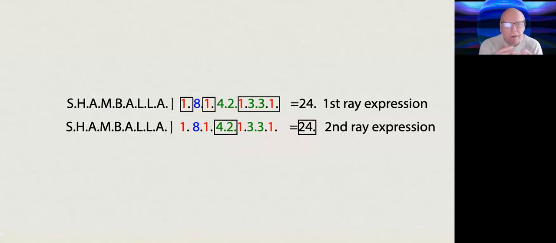This first ray expression is nonetheless taking place in a second ray solar system. Said another way, a comparison of the numbers within the name Shambhala with the numbers present in the sum total of that name suggests that the inherent first ray energy of the planetary head center, which is Shambhala, is expressed in service to 1, a second ray solar system, and 2, the 4th globe, or the 4th round, or the 4th chain, or the 4th scheme, which is our Earth. Therefore, you have the 2 of the solar system and the 4 of all the cycles that we are now involved in.